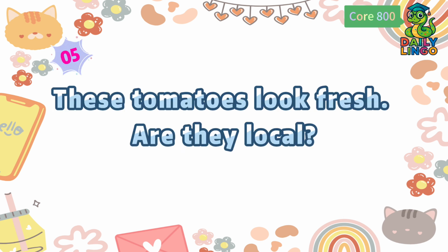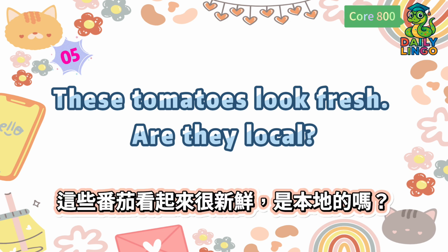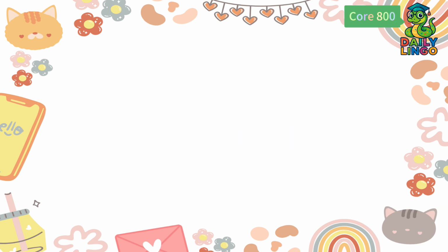These tomatoes look fresh. Are they local? 这些番茄看起来很新鲜，是本地的吗？